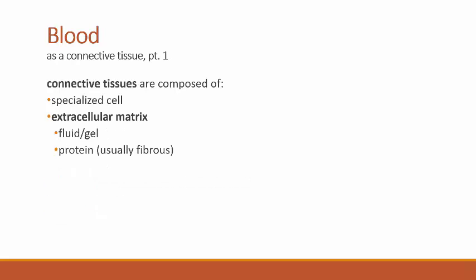So blood is a connective tissue. So if you think back to last semester, Chapter 5, where we learned about the tissues of the body, we described blood as a connective tissue. And it's one of the more unusual connective tissues because it doesn't have what appears to be that important connective function. But I want to remind you that